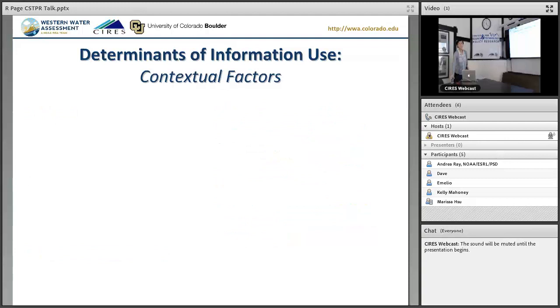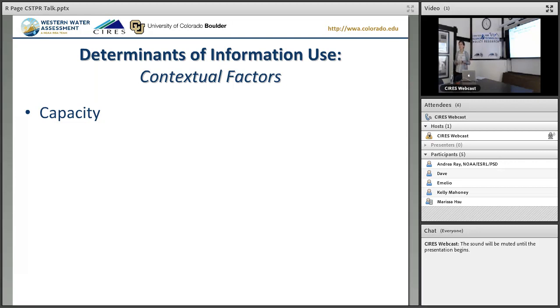In terms of contextual factors, so factors associated with the institutional or social forces that shape their willingness to adopt information, capacity came up very loudly as a clear theme. These managers really feel like they're at a pretty significant disadvantage as compared to their peers in the region, the larger scale organizations. And that came up in a number of ways, in terms of perceiving that they don't have the in-house technical expertise